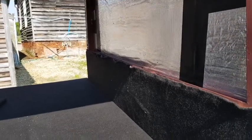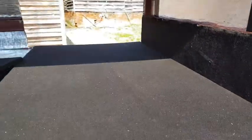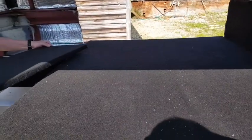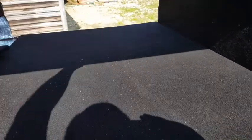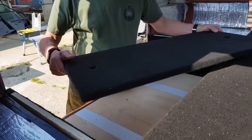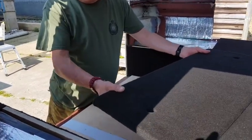So carrying on with fitting out the back of the vehicle here. What we've done, you can see just in front of me here, is a wider shot of the Land Rover Defender. You can see this is the top of the drawer system. From the side access here, we will be building other boxes straight up. But if you can look over with John there, we're just working on this next section to go in, and to make it easier for the mechanics to get access to their tools,